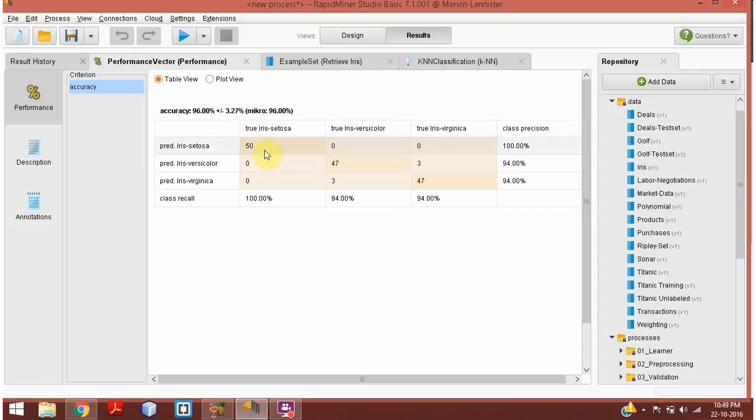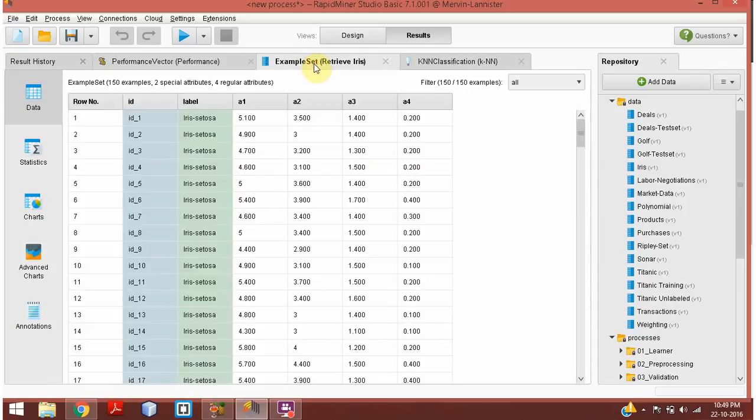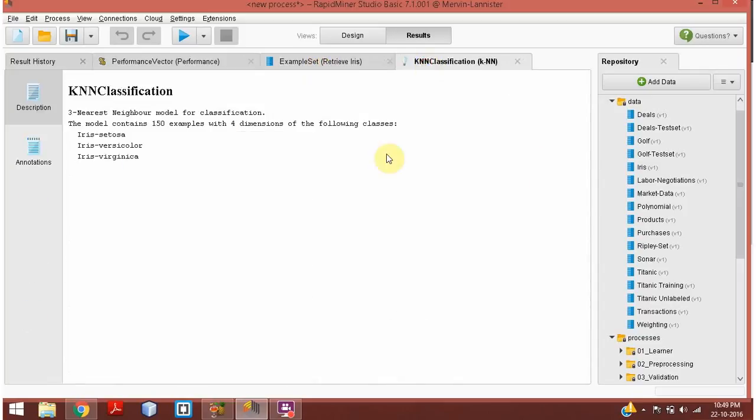So here we have the precision of our classes. Basically we have three classes, which are setosa, versicolor and virginica. So the class recall percentages are 100% for setosa, 94% for versicolor, and 94% for virginica. So this is something in the range of 90 to 100, which is pretty high, and we don't have a problem with this. So this is the iris data set which we had in the beginning, and in the KNN